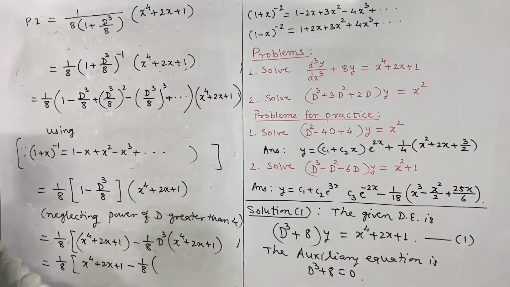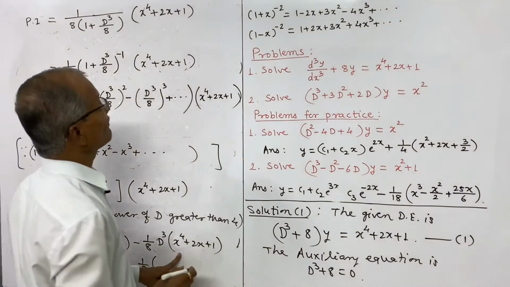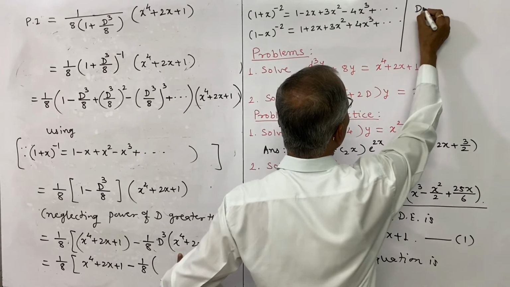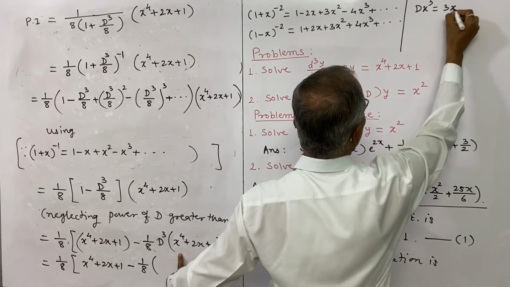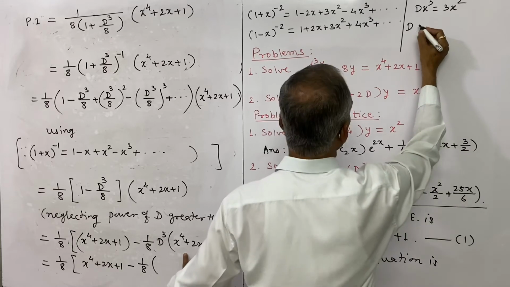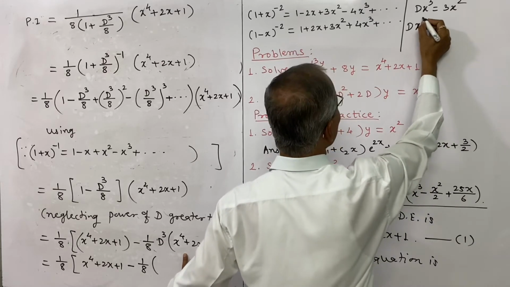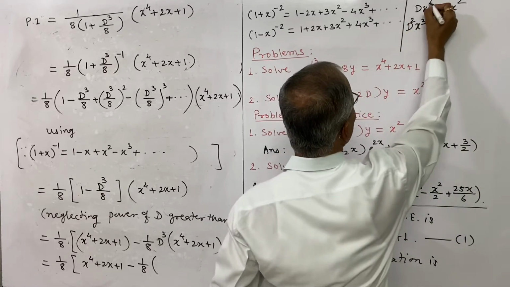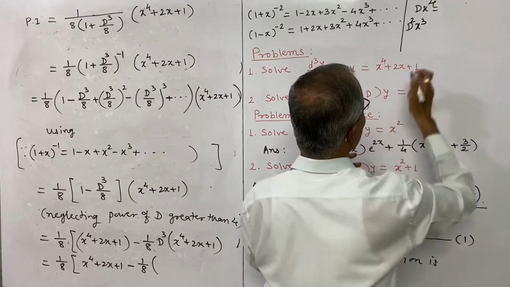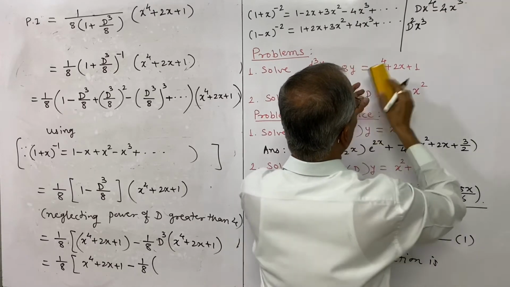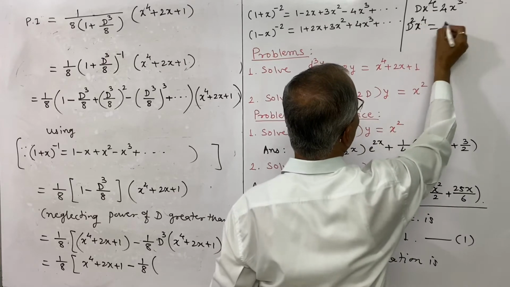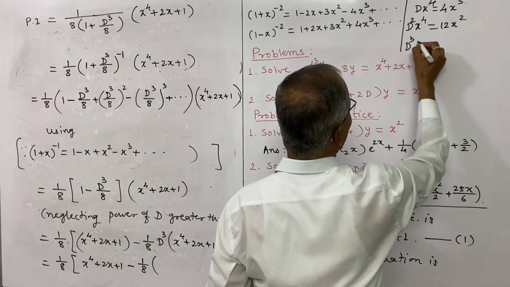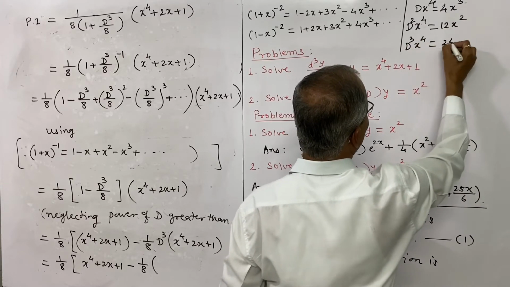Now what is the third order derivative of x power 4? We will find it separately. The third order derivative of x power 4. It is 4, not 3. So the first derivative is 4x cube, and therefore the second derivative is the derivative of this derivative, that will be 4 into 3, 12x square, and d cube, the third derivative of x power 4, will be 24x.